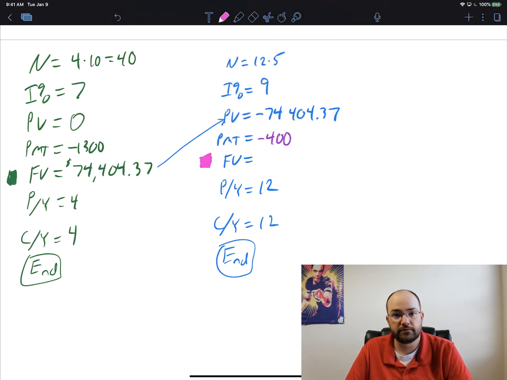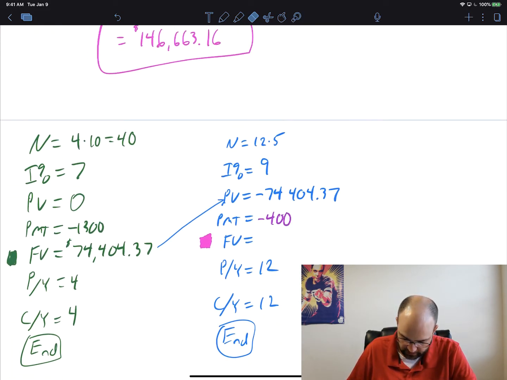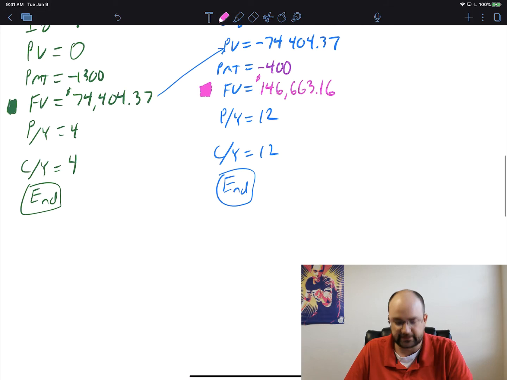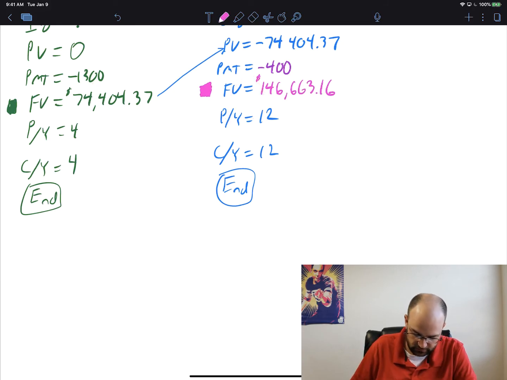Okay, for the future value, then just do alpha enter on future value, and you're actually going to immediately get $146,663.16, and it'll be positive, and that's fantastic. It's exactly what we would want. So notice that we can do this particular question in 2 quick steps here. So the account